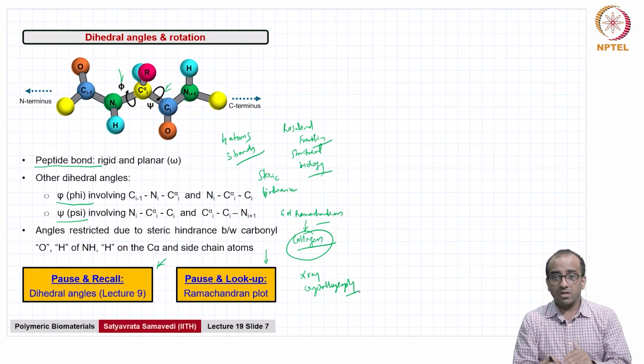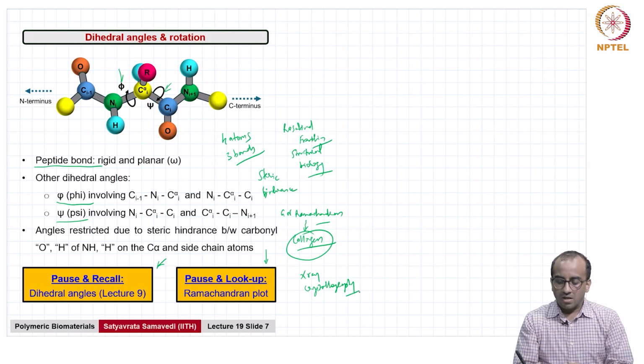In fact, Linus Pauling himself had proposed an incorrect triple helical model for DNA until Watson and Crick, along with Wilkins, with data from Franklin, were able to crack it. And Ramachandran, of course, cracked the triple helical structure of collagen,